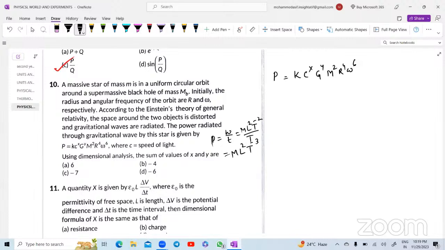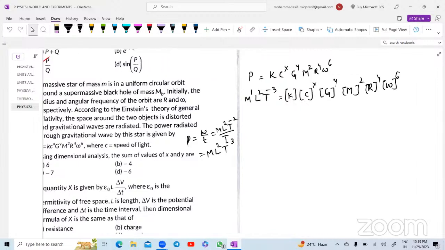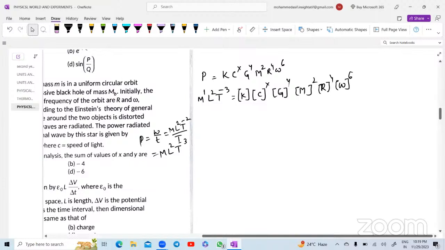पहले पावर का डायमेंशन लिख लीजिए आप। सो पावर का डायमेंशन इज राइट नाउ फॉर मी m पावर 1, l पावर 2, t पावर -3, दैट मस्ट बी इक्वल टू योर k जो कांस्टेंट है बेसिकली, इनटू c टू द पावर ऑफ योर x है, उसके बाद g टू द पावर ऑफ y है, उसके बाद m टू द पावर ऑफ 2 है, देन ये r है, r टू द पावर ऑफ 4 है, देन ओमेगा है, ओमेगा टू द पावर ऑफ 6 है। आ गया, तो अब डायमेंशन लिख लीजिए बस।